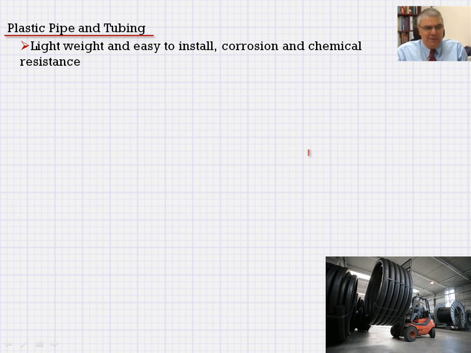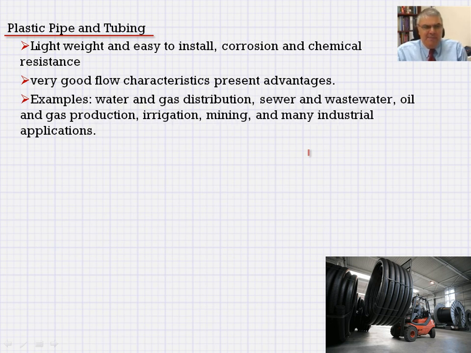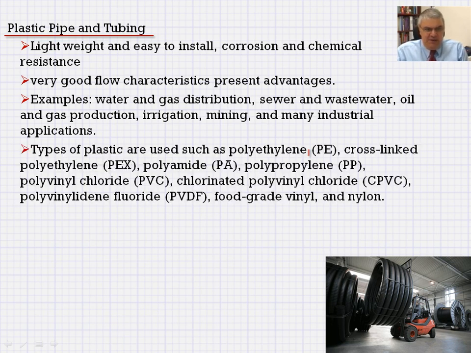These are their advantages, not just one of them, but the wonderful advantages of plastic pipe and tubing. They have very good flow characteristics, and the friction is much less with the walls because of the smooth surface of the inside diameter. That's in the case of non-corrugated ones. The examples could be water and gas distribution, sewer and wastewater, oil and gas distribution, irrigation, mining, and many industrial applications. There are different types,